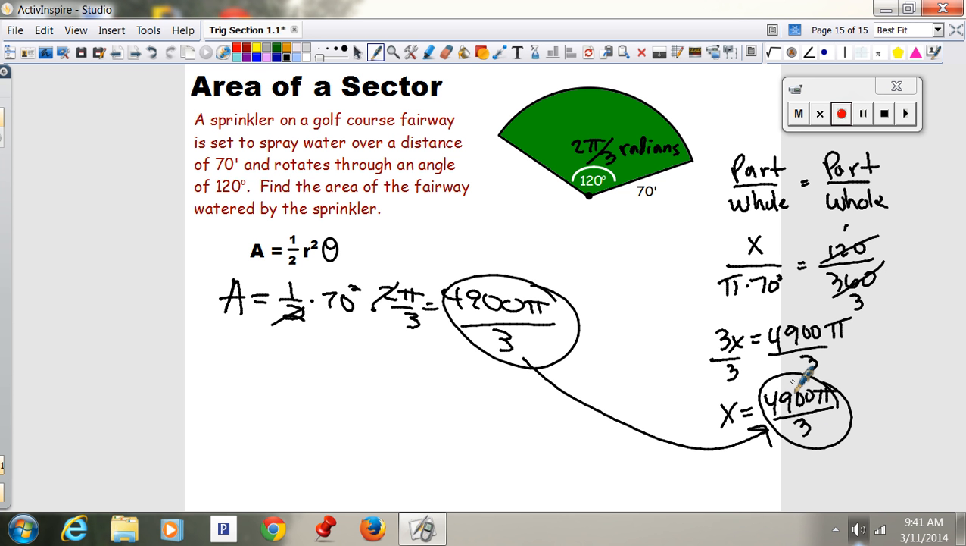So you could use either one, but if they give you degrees, this is probably easier. If they give you radians, this is way easier. It just depends on what they give you in the problem. So look at what they give you in the problem, and then decide which formula to use. Because remember, the area formula is pi r squared. So pi r squared is our area formula. All right, so that's